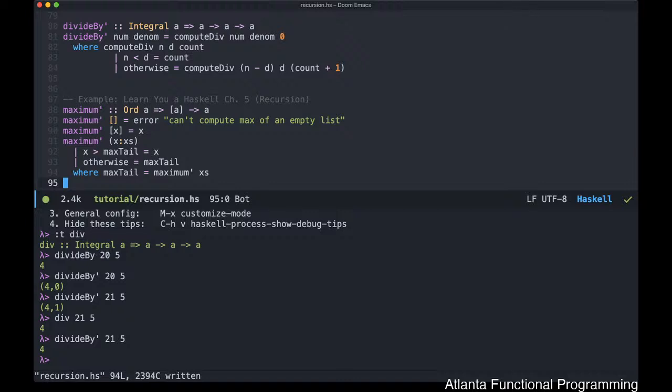And then we use that as the max tail and work our way back to actually figuring out what the max is. So that's the difference in terms of the evaluation based on what most people are familiar with when they're writing max. Now this looks all well and good, but really,